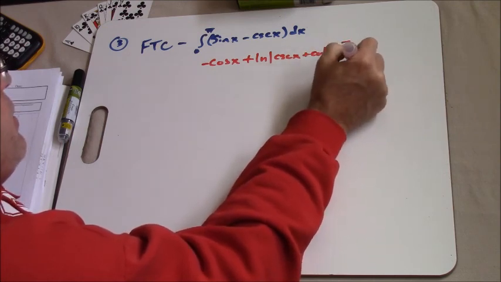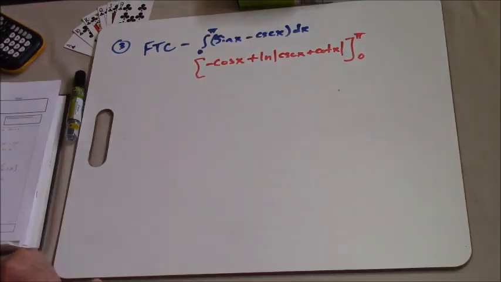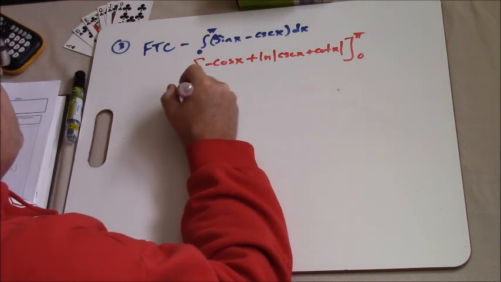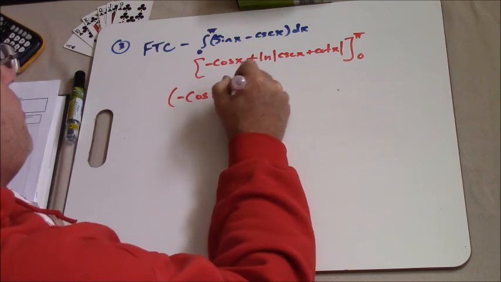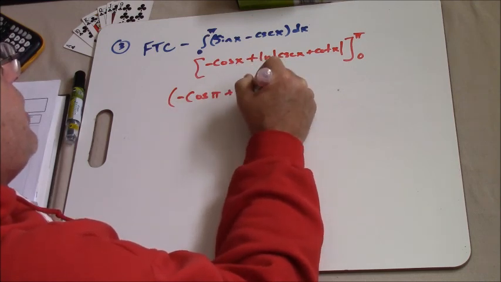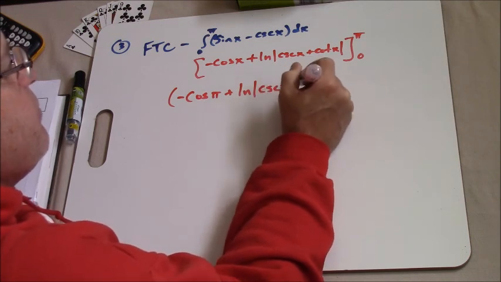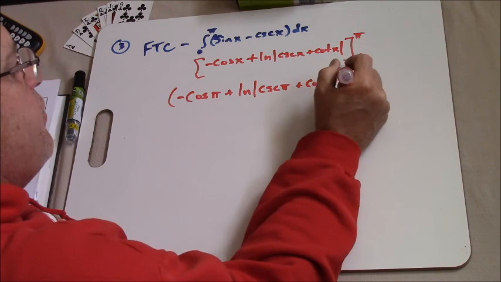And I'm going to evaluate that from 0 to pi. Alright, so if I plug a pi in first, I've got minus a cosine of pi plus natural log absolute value of a cosecant of pi plus a cotangent of pi